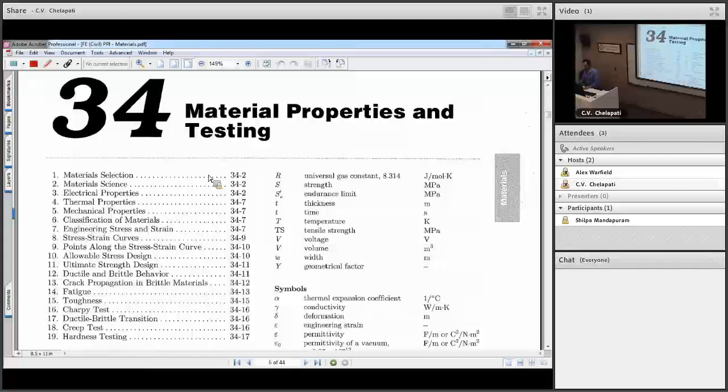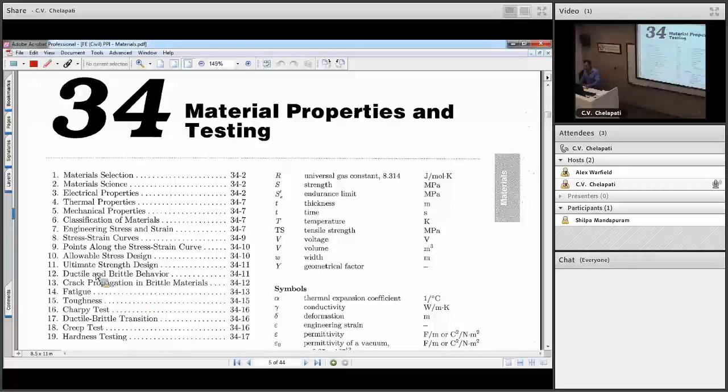So the topics we're going to look into are in chapter 34 in the book that you have, and I'm going to cover some topics from here, which I believe are useful. Some topics I'm going to switch to my lecture slides for. We're going to talk about material selection, material science, electrical properties, thermal properties, mechanical properties, classification of material, engineering stress, engineering strain, which I'm mainly going to focus on in my lecture slides, stress strain curve,